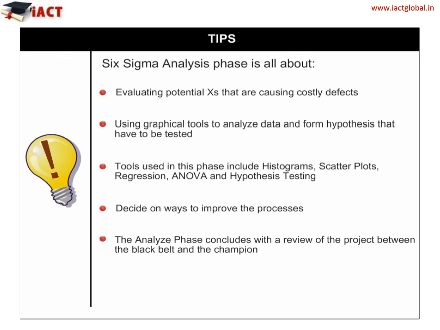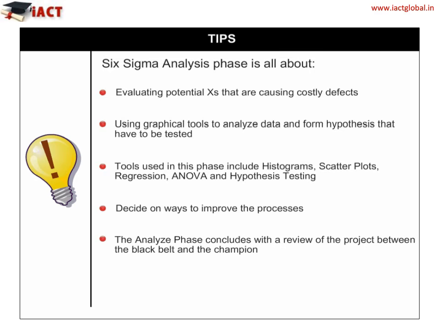Tips. During the analyze phase, the team evaluates potential X's that are causing costly defects. The black belt uses graphical tools to review and analyze the data collected and form hypotheses the team has to put to test. In the analyze phase, the basic tools used are histograms, scatter plots, regression, hypothesis testing, and analysis of variance or ANOVA. After determining the vital few X that are causing the greatest variations in the most significant Y,